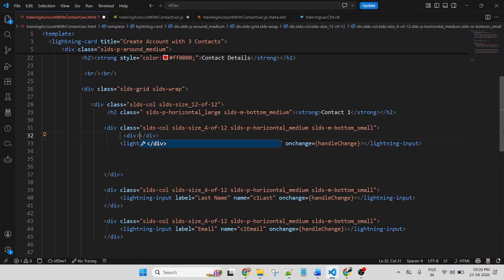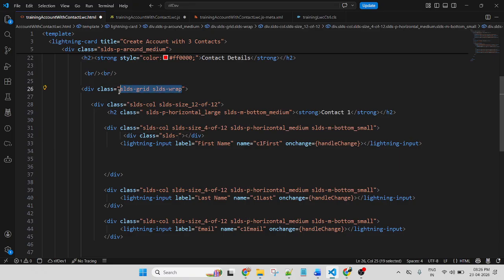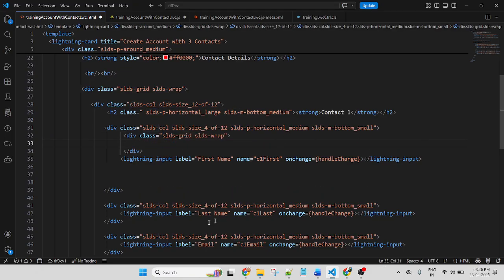Use another one to add. Class SLDS, same SLDS grid. Where is grid? This one. Then use div and use this class. See the code. Horizontal. This is 12. This is a 4.